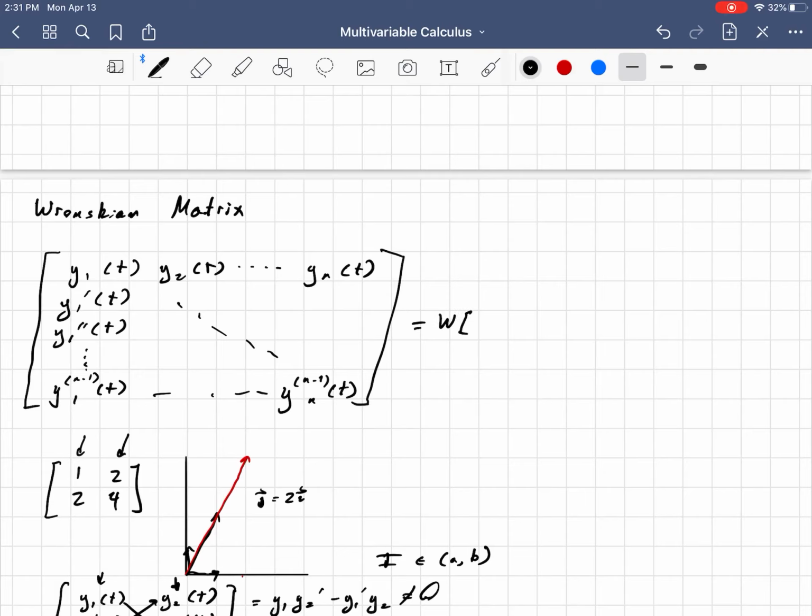And I think that really pretty much sums up the Wronskian. Maybe just some notation. The way I wrote it here, it's more compactly written as the Wronskian of y sub 1, comma, dot, dot, dot, comma, y sub n. And then these are all functions of